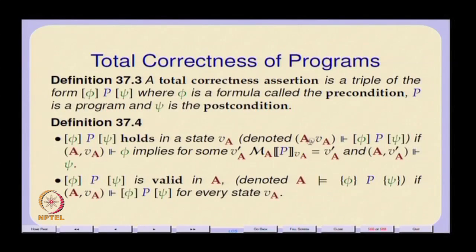So, this validity is always with respect to a given algebra A with a given carrier set. Okay. So, a total correctness assertion is a triple, and by the way, these are black square brackets. They are different from the blue square brackets which are part of the programming language. Okay, this is phi P